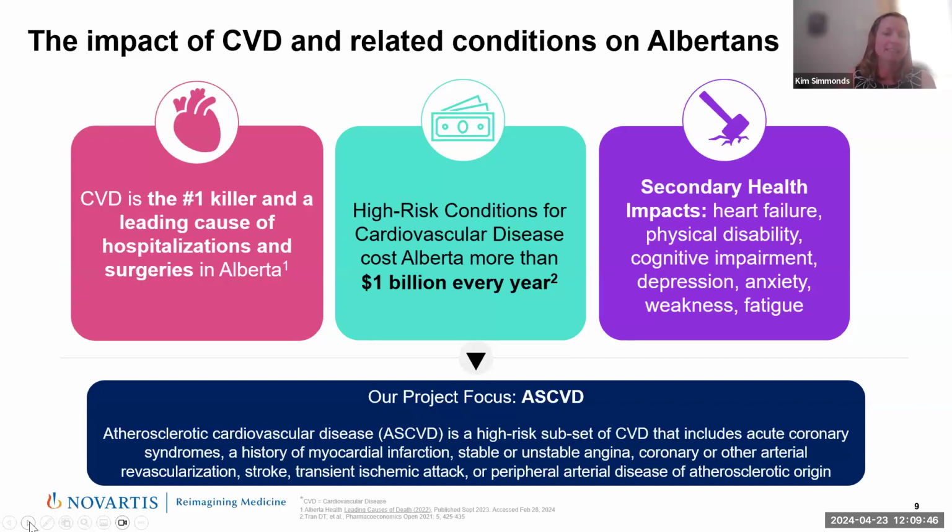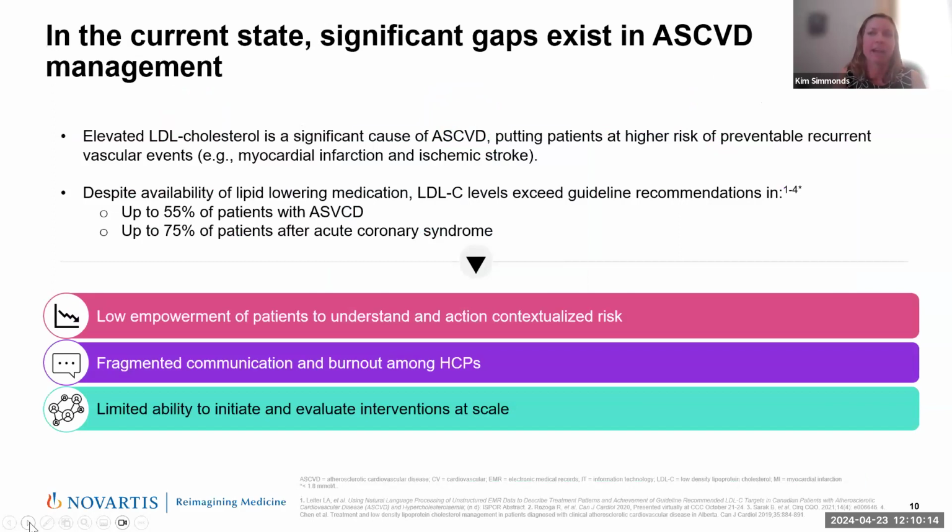And one of them is ASCVD, so atherosclerotic cardiovascular disease. And so that is myocardial infarctions, angina, all kind of the things that clog your arteries and make you sick and unwell. And so one of the things that we said, talking about our principles, trying to improve outcomes, focus on prevention, we partnered with Novartis and said, can you help us figure out a way to improve patient care